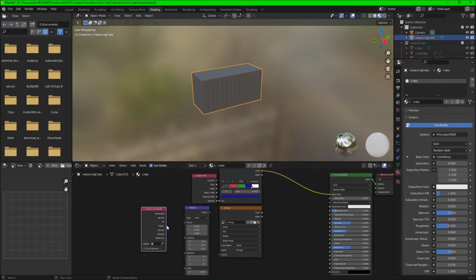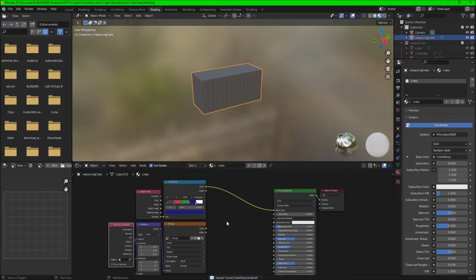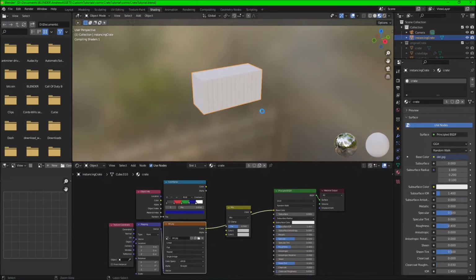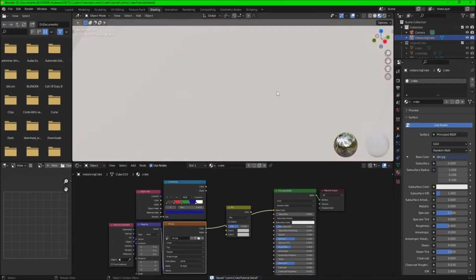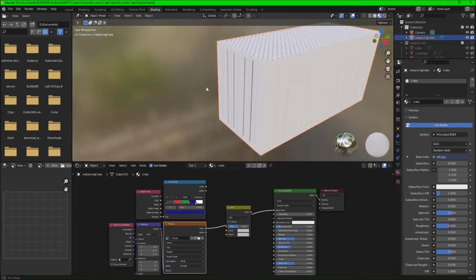And these two nodes will basically just let me edit and make this really specific compared to how it normally would let me edit it. And then we're going to plug this in, and then we're going to see our dots pop up. You can see the dots are only popping up on the top, and the sides just have like these weird